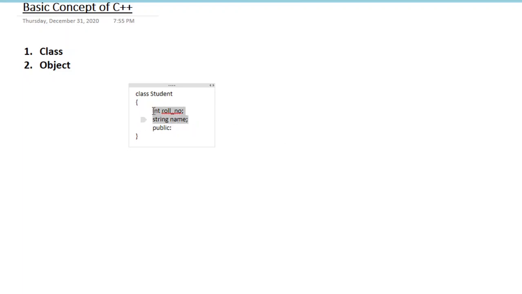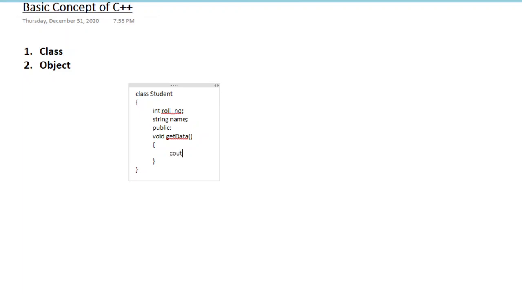So here these two variables are private, and I will define a public function, void getdata. This function will read the values from the user and store them in the variables.